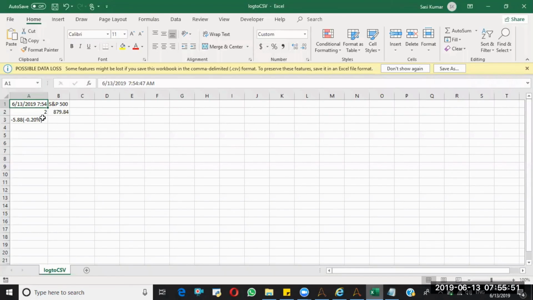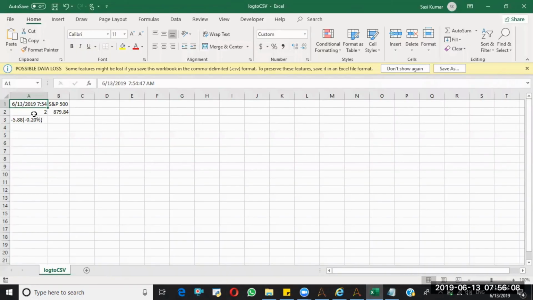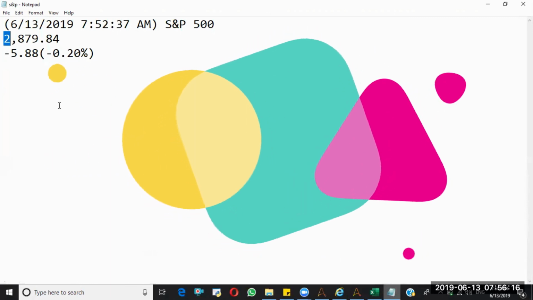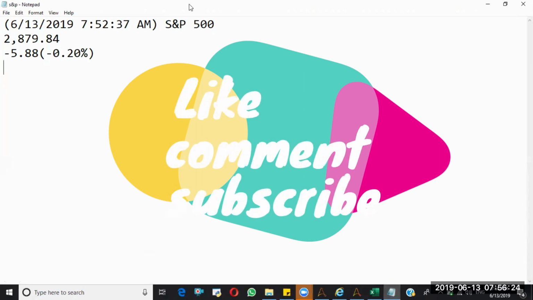Depending on the output, you have to take that one. Go here. This is the timestamp. See here, the date is written in a separate column, and the remaining values are written in separate columns because the separator is a comma. So in this requirement, Log to CSV is not going to help you. That completely depends on your requirement. You will select which kind of file you are going to use for logging the data. This is about the Log to File command.